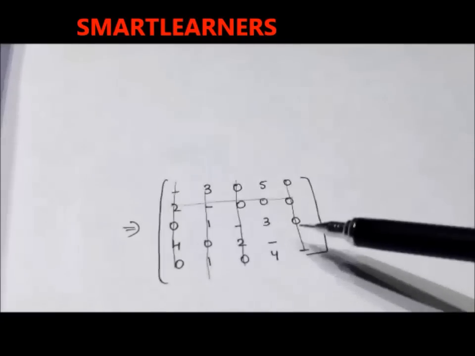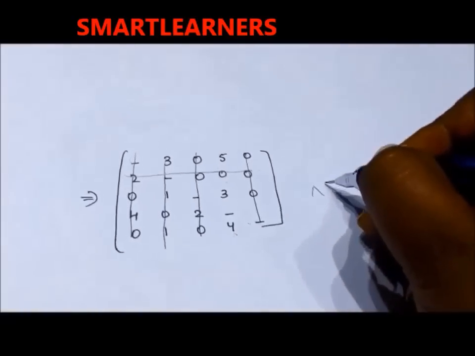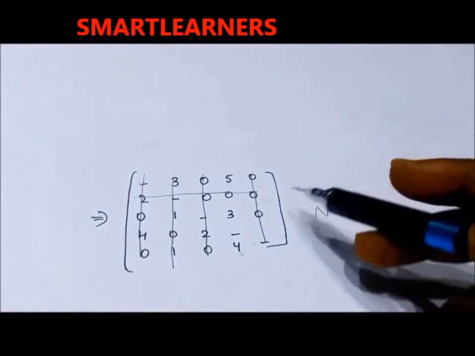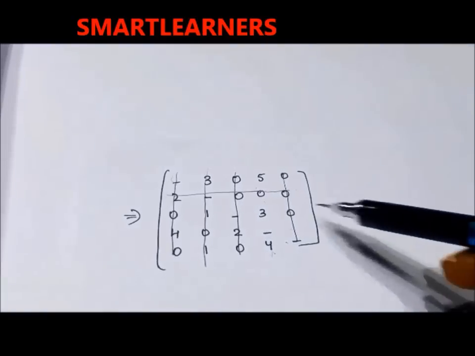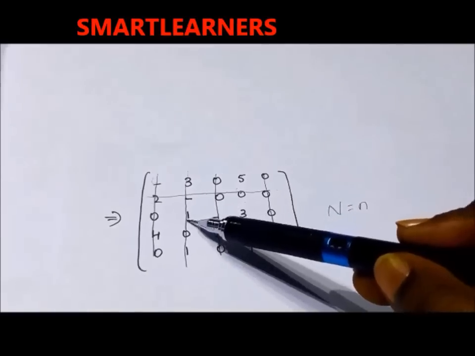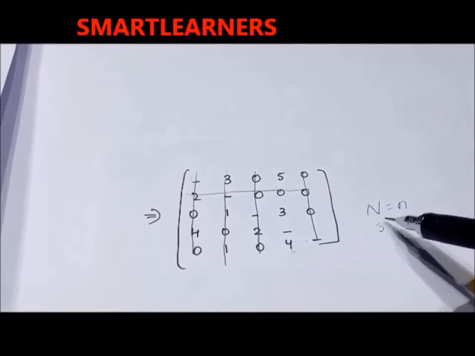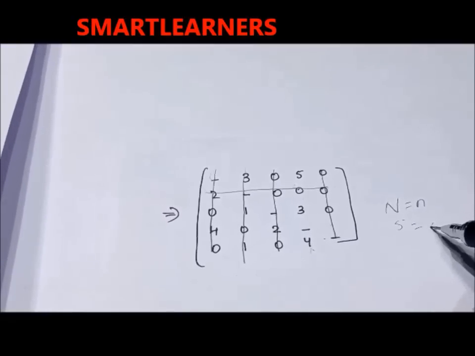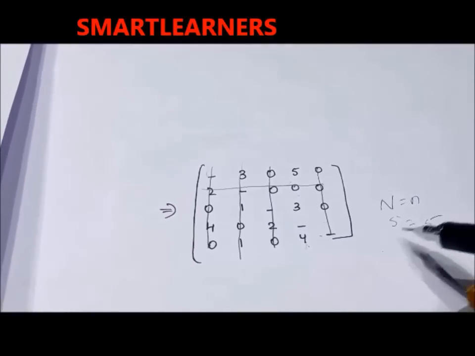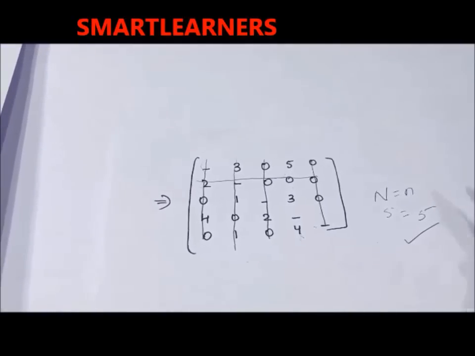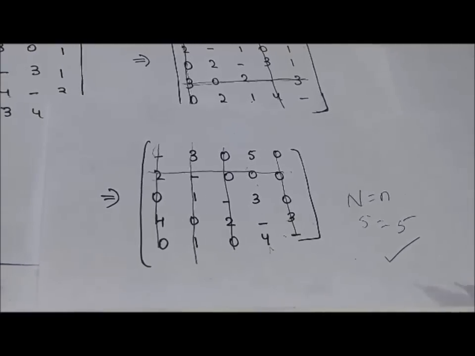So now let's check the condition of whether n is equal to N. In our case, what is capital N here? 1, 2, 3, 4, 5. So capital N is 5 and our matrix is also 5. Therefore, the n equals N condition has been achieved. So we can go ahead and do the allocations